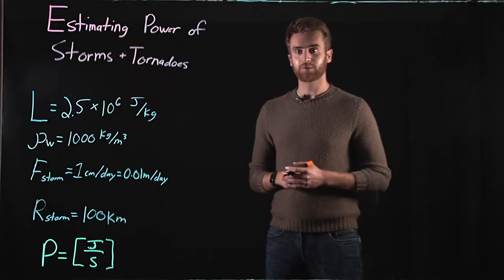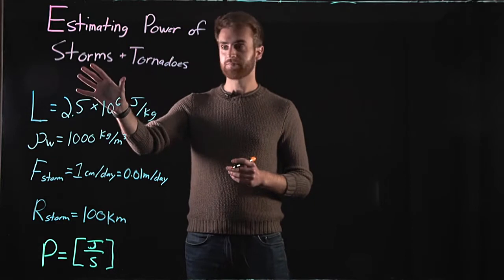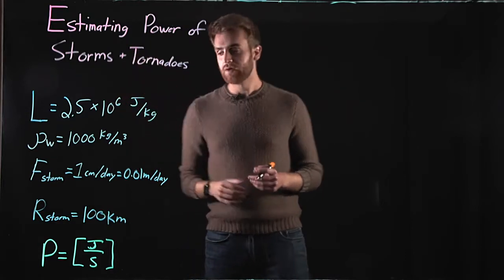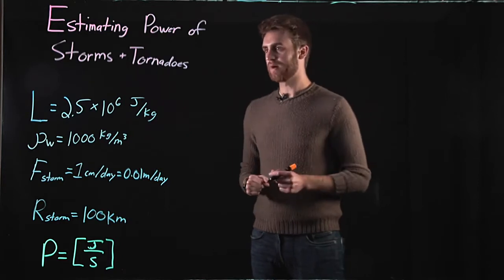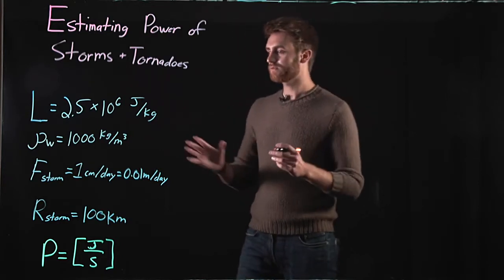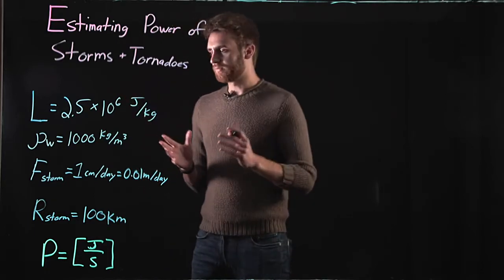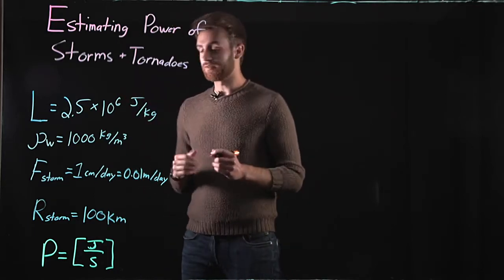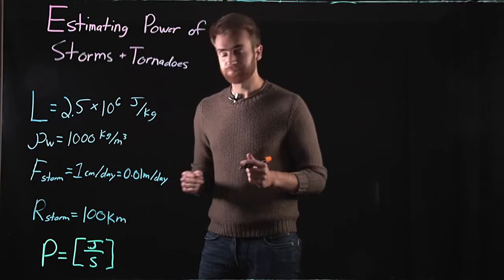In this video, we're going to estimate the power released by thunderstorms and then by tornadoes. So let's start by estimating the power released by thunderstorms. So we're given a few variables. The power released by thunderstorms is mainly driven by the condensation or the rainfall that it releases onto the ground